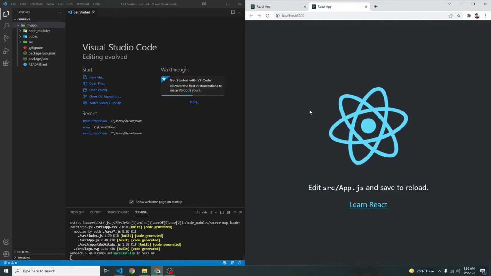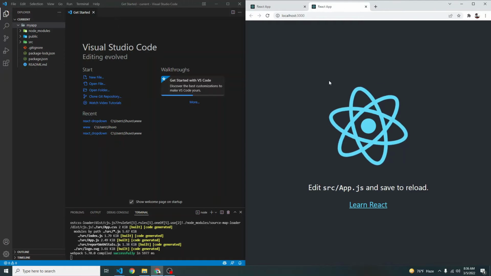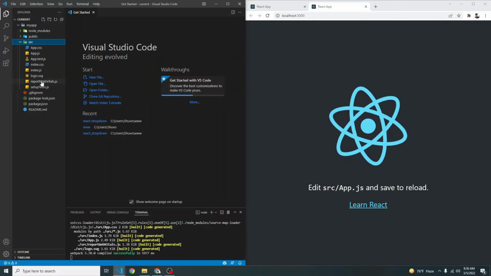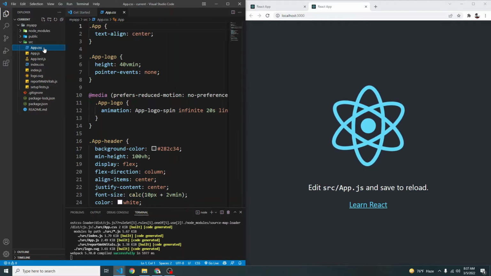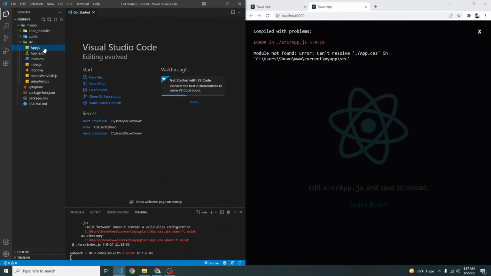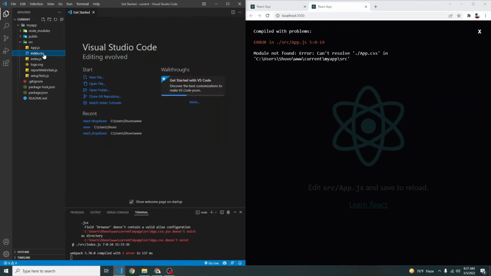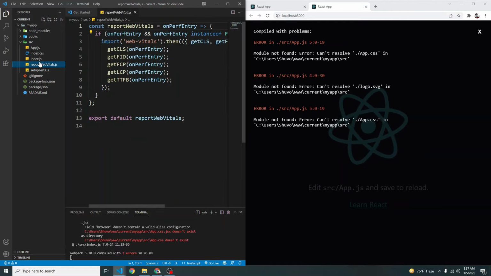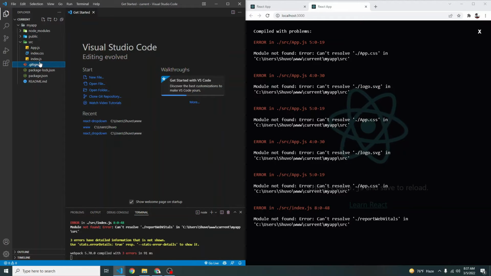As you can see, our React app now is served on localhost:3000, and this is a basic React app that we get out of the box. So let's start modifying the folder structure. Here we have a lot of files that we don't need, so let's start deleting them. I don't need the App.css, so I'm going to delete it. I don't need the test file, so App.test.js, I'm going to delete it also. I don't need the logo.svg. I don't need the reportWebVitals, and we don't need the setupTests as well. So now we only have 3 files left, so let's start working on them.